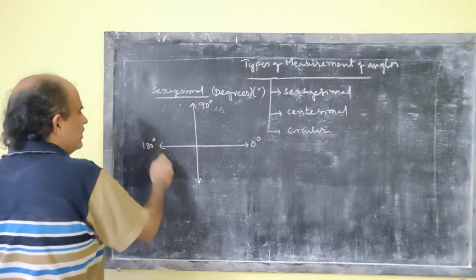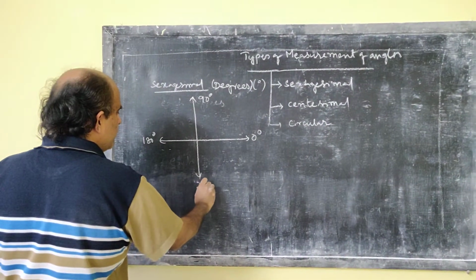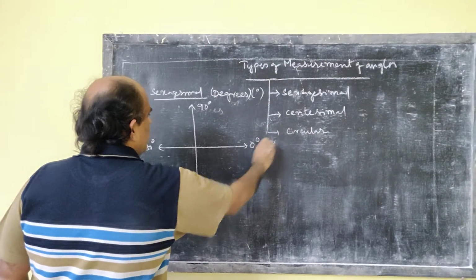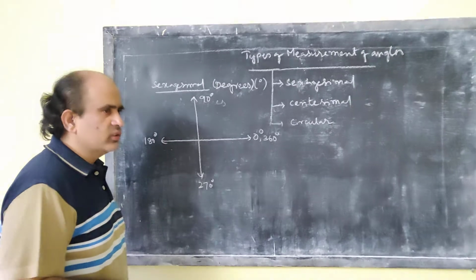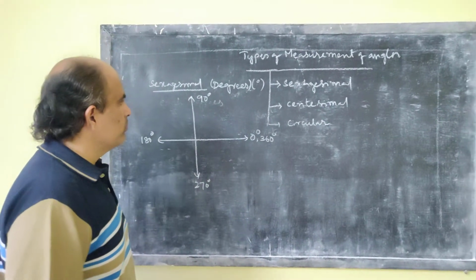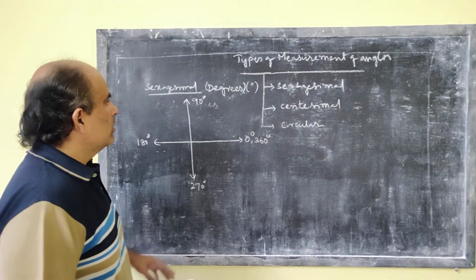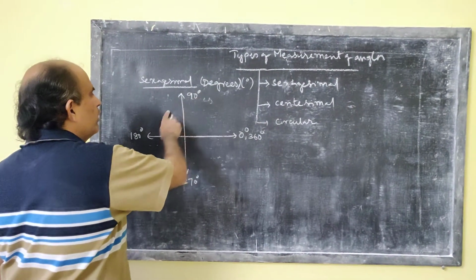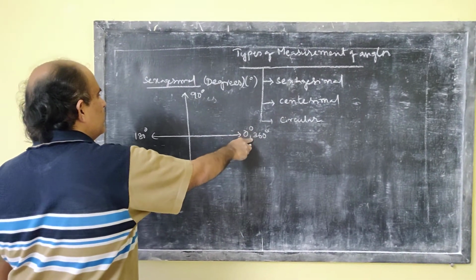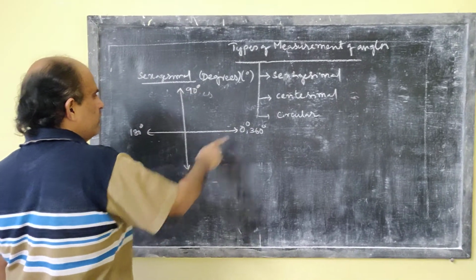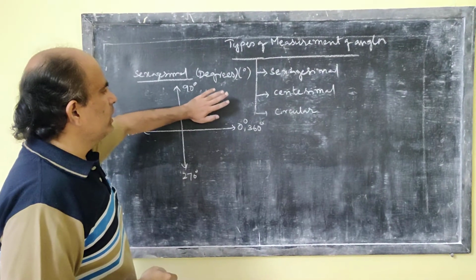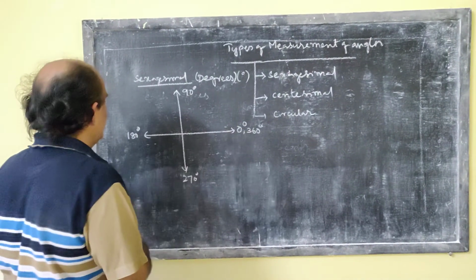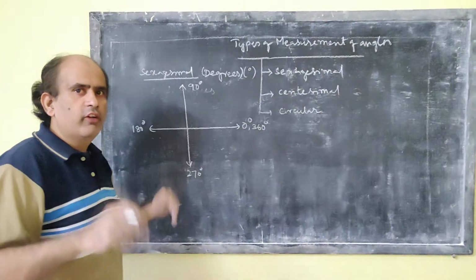This is 180 degrees and this is 270 degrees. And of course, if it comes back again, this is 360 degrees. So, in degrees, we just say that one complete revolution has 4 equal parts: 0, 90, 180, 270 and 360. This is your acute angle, obtuse angle, reflex angle, complete angle, and this is your straight angle.